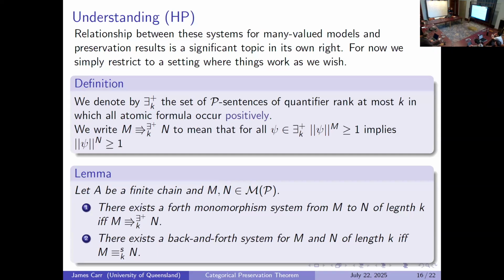For understanding what a forth monomorphism system does, this is where we finally get a notion of what our syntax class is going to be. So here we're going to start talking about existential positive formulas. These are formulas in which all atomic formulas occur positively. What do I really mean by this? Essentially, what I mean is that if you think of